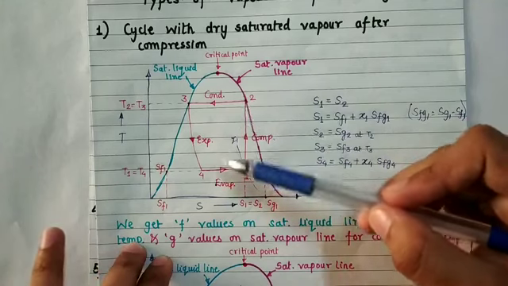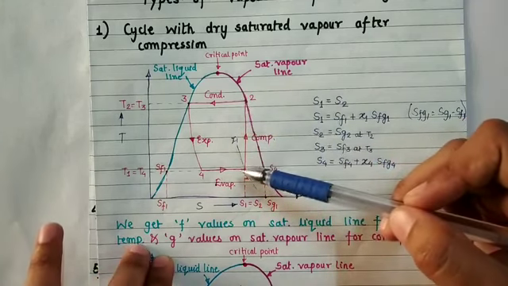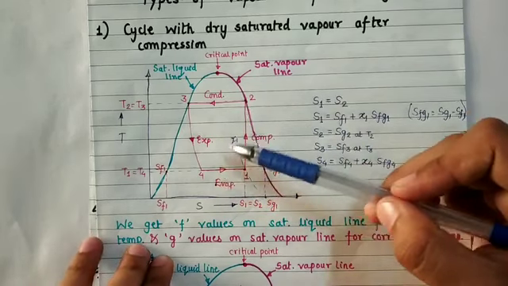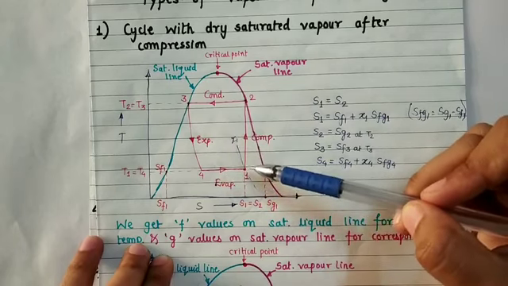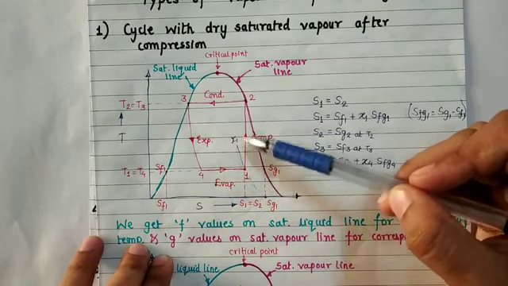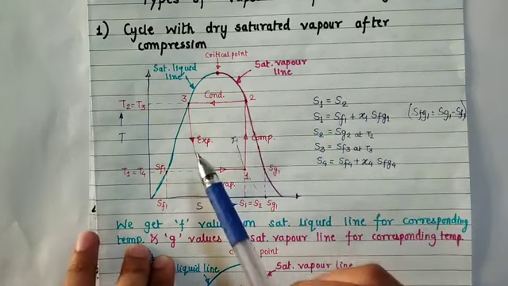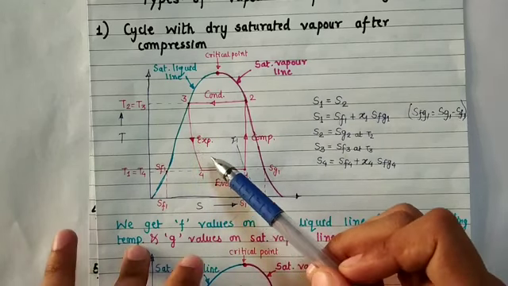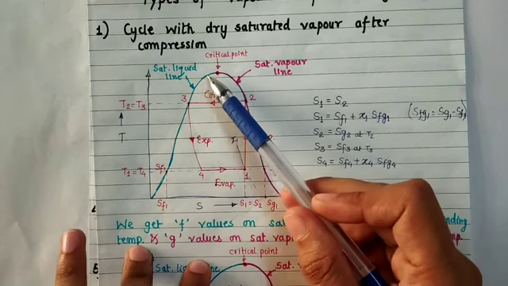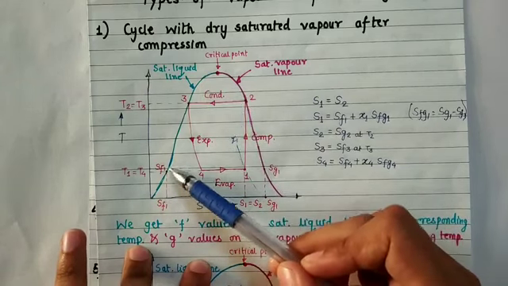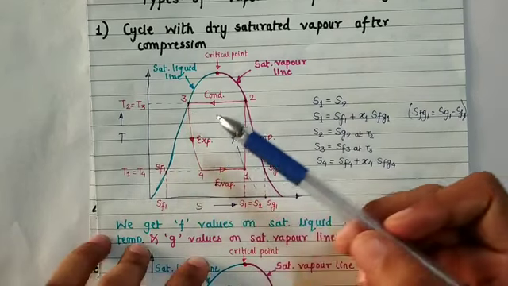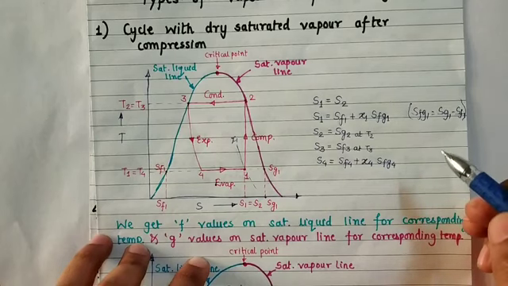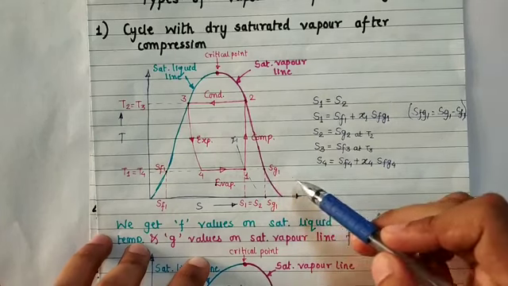Now evaporation and condensation both are constant temperature and pressure processes. So there will not be any change in the temperature and pressure during the phase change processes of evaporation and condensation. In compression, the temperature and pressure are going to be increased, whereas in expansion, the temperature and pressure of the refrigerant is going to reduce. Now we know that any point on the saturated liquid line will give us saturated liquid values. Saturated liquid is represented by F. F is representing fluid or liquid, and G is representing gas or vapors.